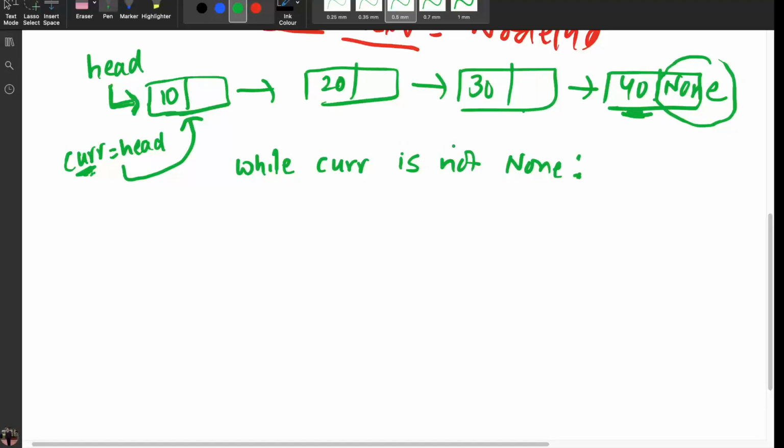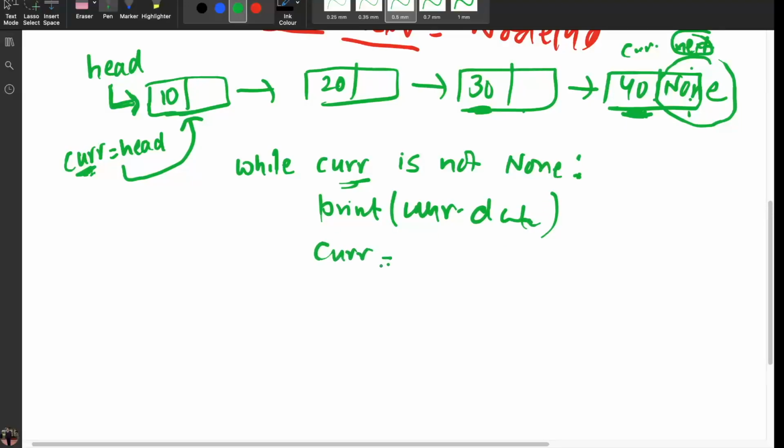If I do current dot next is not none, then it will print only till 30. Why? Because when current comes here, current dot next will become none, so it will not be printed. So I need to consider till here. That's why I'm writing while current is not none. And simply I will print current dot data,